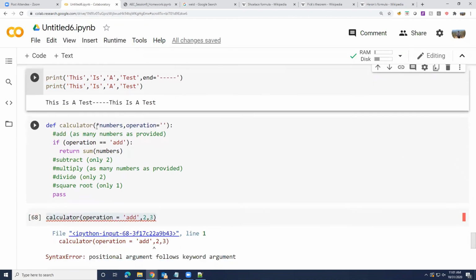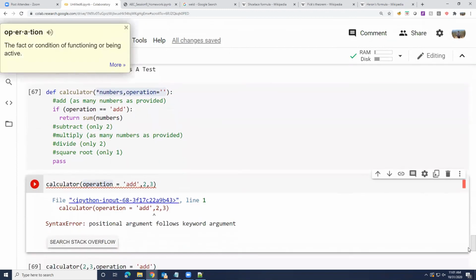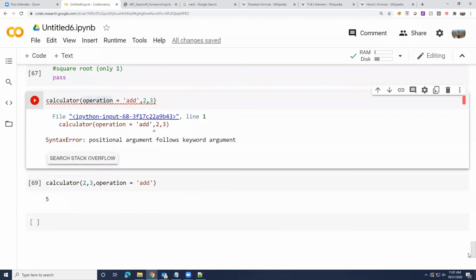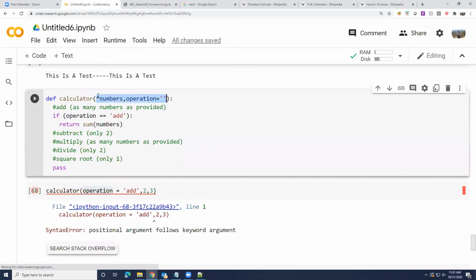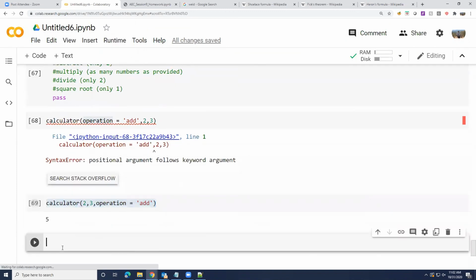So what did we do? How did we change our function so that it can accept a named parameter in addition to a variable number of parameters? We had to make two changes. One, we switched around the position of the arguments. We first put variable number of numbers, and then we said operation is a fixed parameter, but at the end. So there are two ways to call this now. Let's see if both ways work.